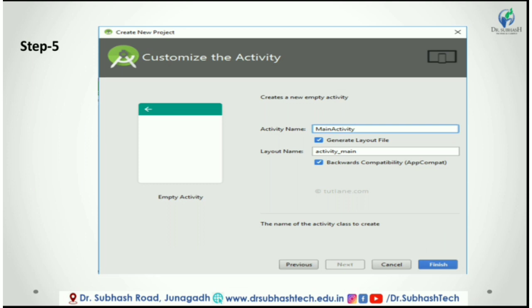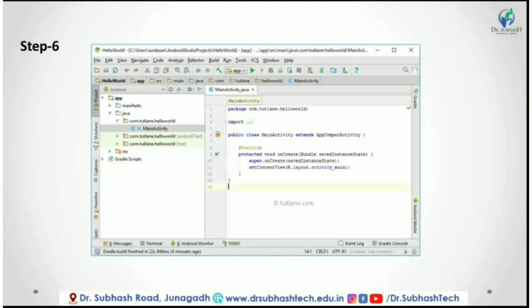Here we can see the activity, which means the empty activity we selected in the previous section, and the Java file name, MainActivity. Now we are ready for the final step. Just click on the finish button and it will take you to the main page where we have to do the coding and create new layouts. After clicking finish, we are presented with the Android Studio user interface with the Project Explorer on the left and the workspace on the right, like as shown below.